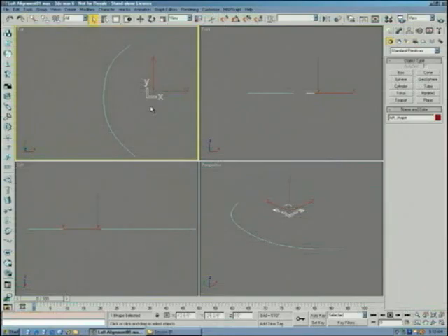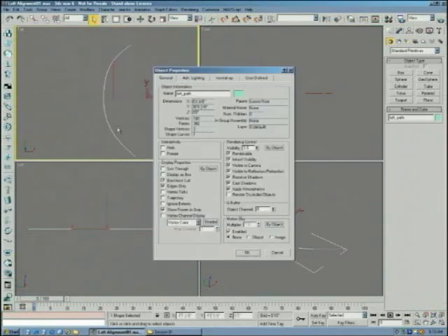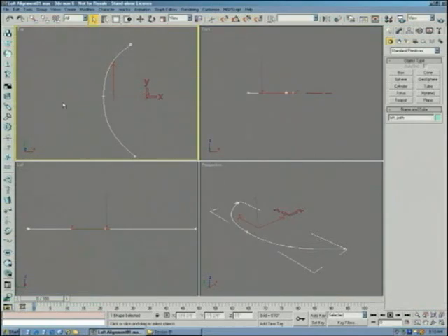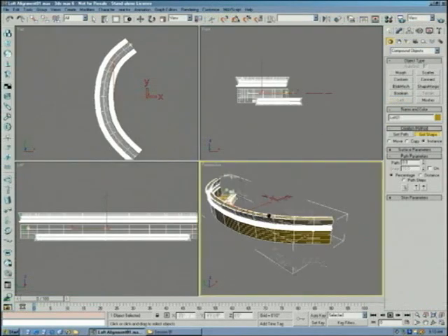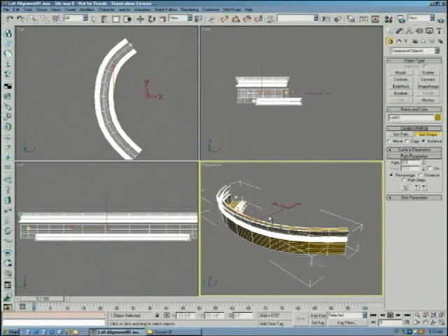Here's my path, and if I go in here and right-click on it, go to Properties and Vertex Ticks, get in the habit of turning that on, you'll see where the first vertex is here. So remember, z-axis passes down the path. So I'm going to come in here and I'm going to say Create, down into the cellar here to find lofting, get shape, and again, the orientation may not be exactly what I